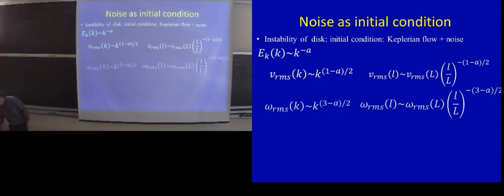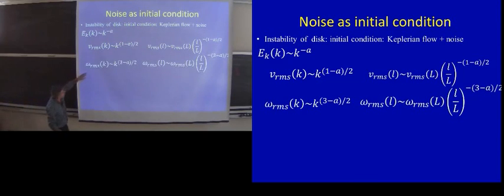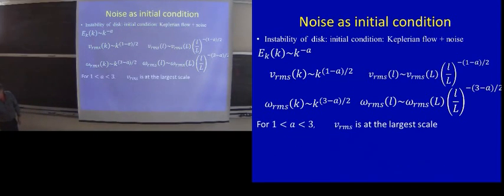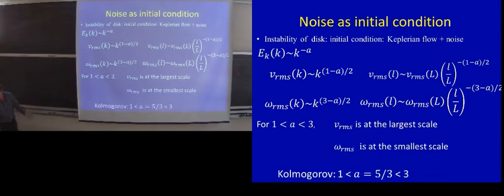The vorticity is divided by the velocity, so in wave number space, the RMS velocity of an eddy is a function of length versus this power. For values of the index between A and 3, the velocity is all in the largest scale eddies, and the vorticity is all in the smallest scale eddies. And of course, 5/3 is in between. So for the Kolmogorov spectrum, the vorticity is at the smallest length scale,